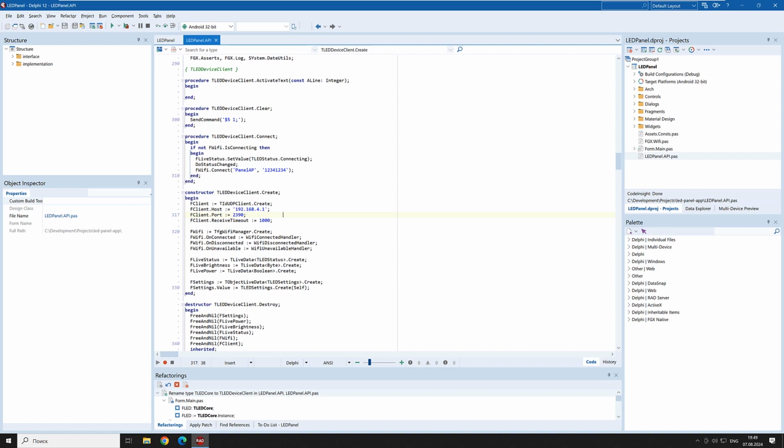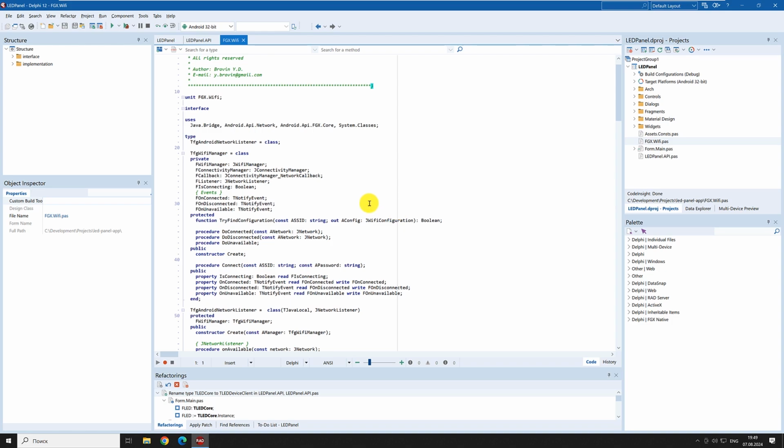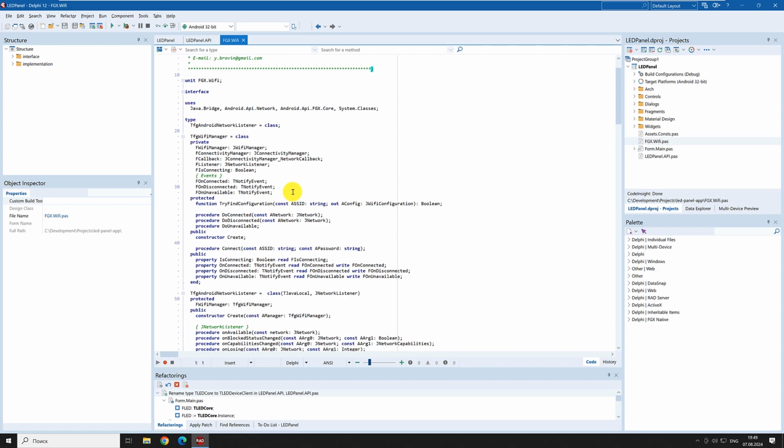However, it is not convenient, and the Android system, for example, provides a special manager for automatically connecting to the required access point directly from the application. So let's have a look at this implementation. I created a special TFGWiFiManager class. It works directly with the Android API, and for working with Wi-Fi we should request the Android system service Wi-Fi Manager,